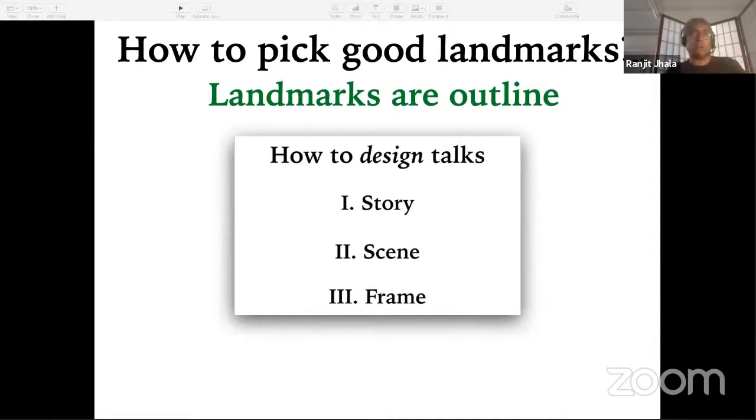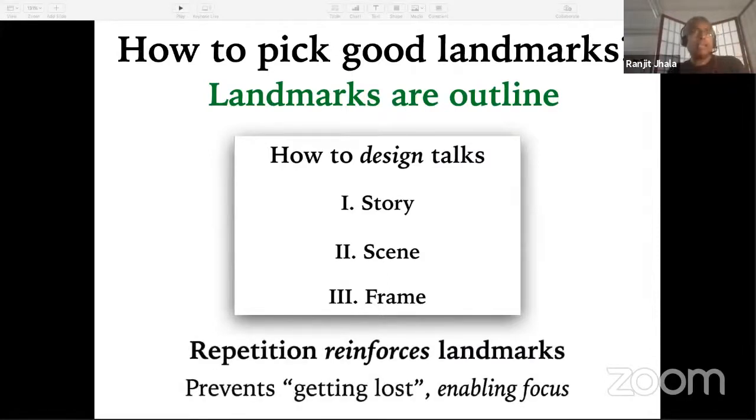My landmarks were, I'm breaking up this talk into what is the story, and then I'll tell you about scenes, and then I'll tell you about frames. We haven't seen that yet. But this is a good thing for several reasons. One is that repetition is going to reinforce the landmarks. It's almost like error coding. It's okay for people to lose attention or lose their focus for a little bit,